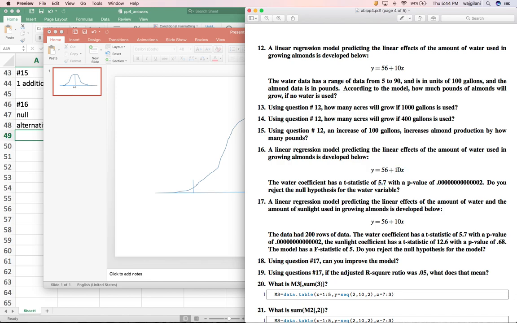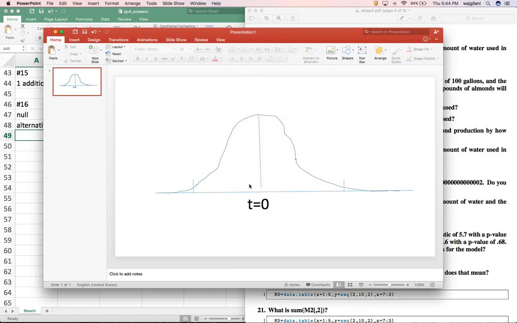Well, that only can mean that the independent variable truly does have some sort of linear relationship to the dependent variable. Because there's something else besides random error causing that t-value to be so far away from the zero mark here,